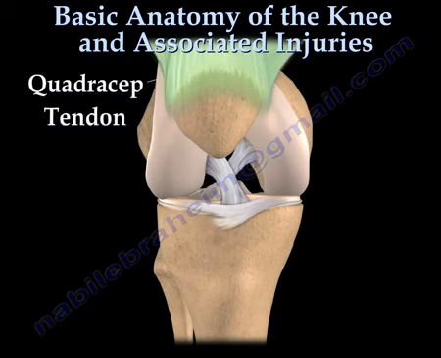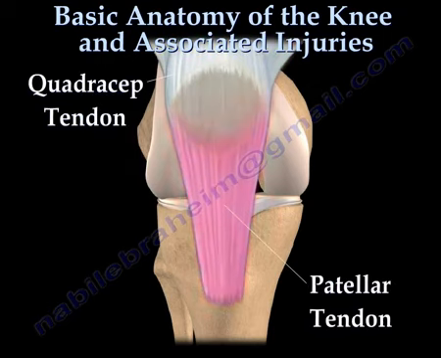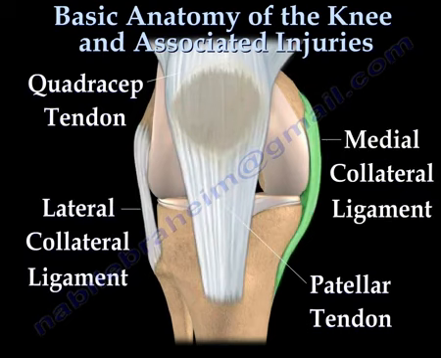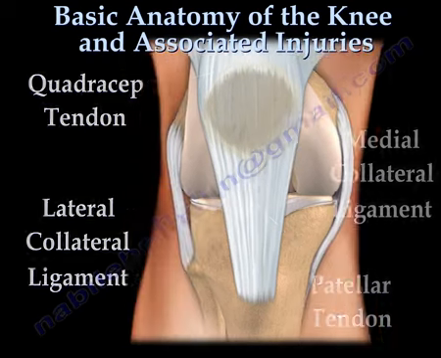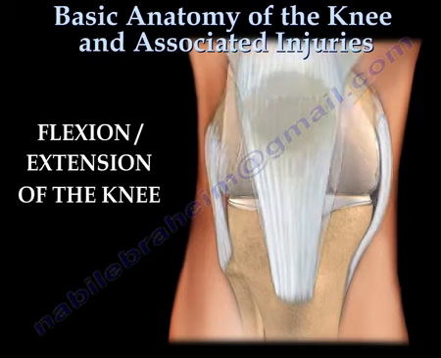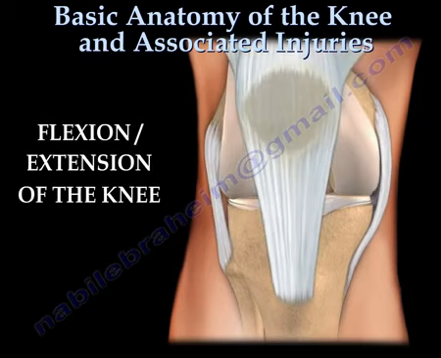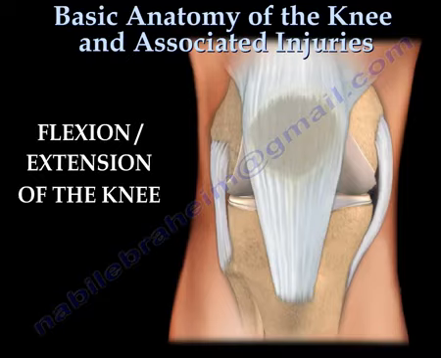The quadriceps tendon and the patellar tendon are thick fibrous tissues important to the extensor mechanism of the knee. The lateral collateral and the medial collateral ligaments are important in controlling excessive motion by limiting joint mobility, especially side-to-side movement. Together, these tendons and ligaments permit flexion and extension as well as slight lateral and medial rotation of the